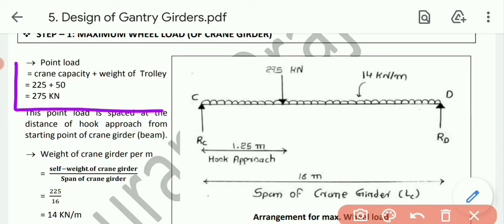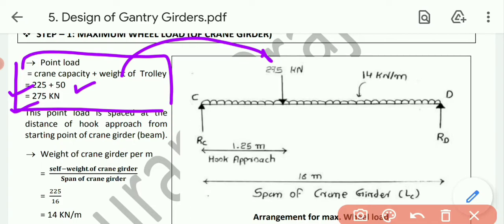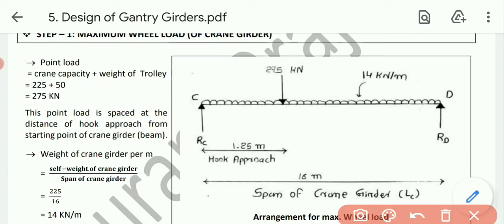So we can say the point load is crane capacity 225, plus weight of trolley, that is 50. So our answer is 275 kilonewton. Okay, now this one is our point load. Now moving forward, but before that, let's put down this load